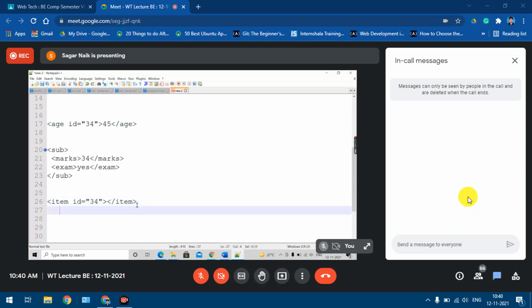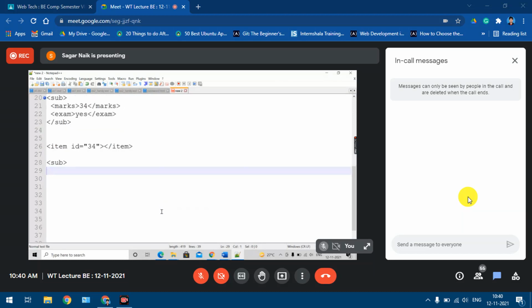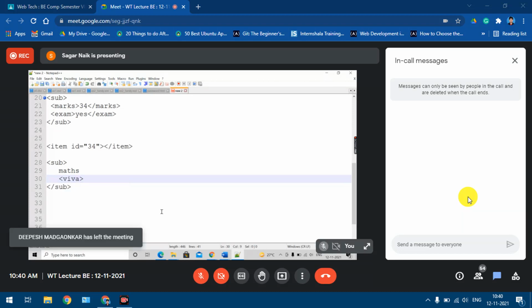And which was the fourth category of the complex element? A mixed combination of everything, yes or no? So if I take one more example, I'll take subject only. Suppose it has some content, maths. This is content, yes or no? In addition to this, it has one or many child elements also, say 50 marks.